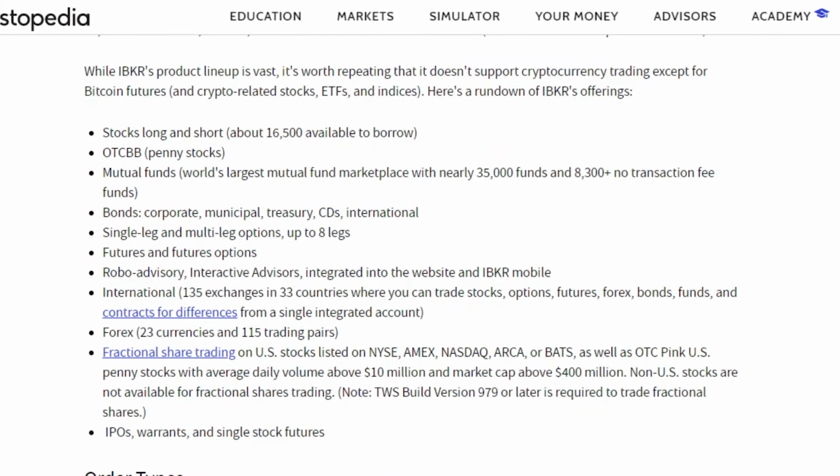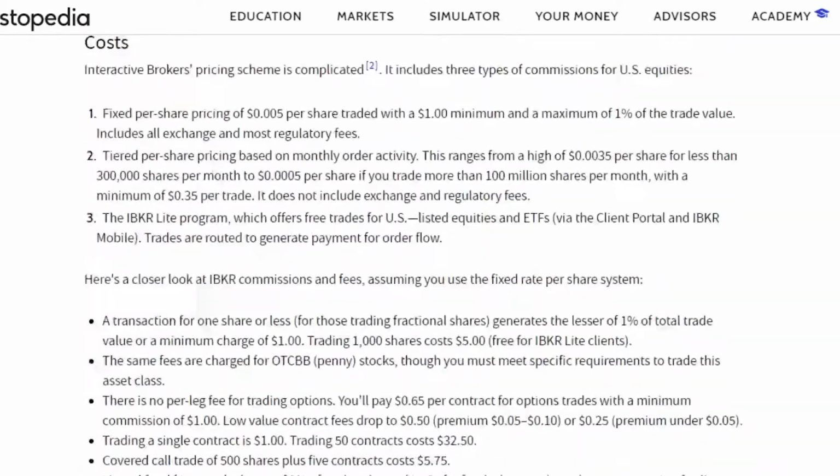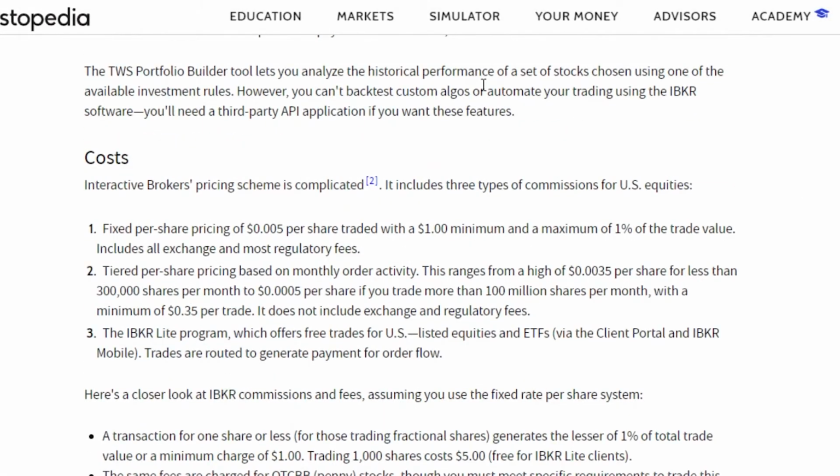But when it comes to stocks, long and short stocks are all available. Mutual funds are available. Corporate, municipal, treasury series, international bonds are available, and futures and futures options. So it has a lot of cool options available on Interactive Brokers. If we talk about being beginner-friendly, then on Interactive Brokers you will find beginners right here,